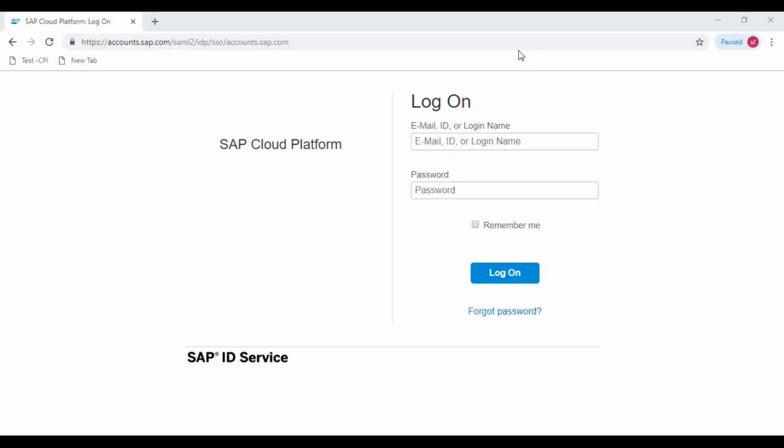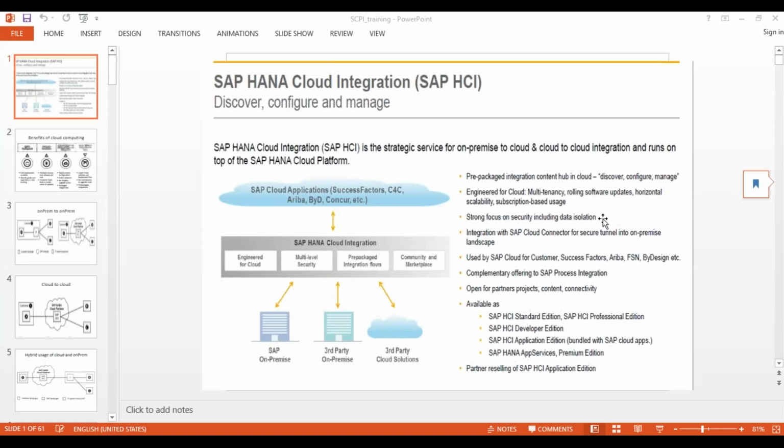Okay. So welcome to the class. Today we will have a demo session, and whatever questions you have, you will discuss after the demo session is presented. I'll just share the screen. I hope you can see the screen, right? Yes.